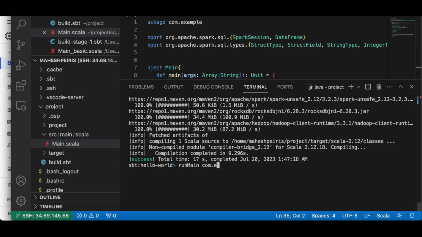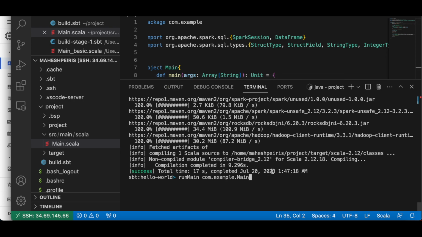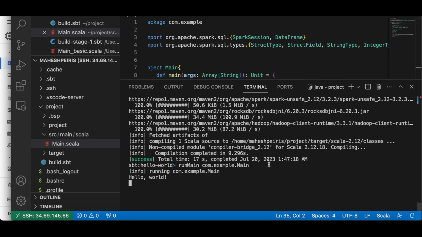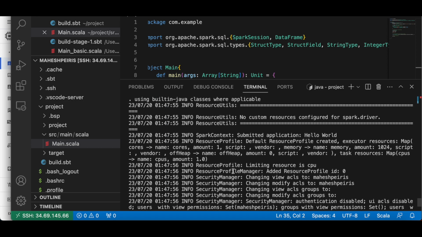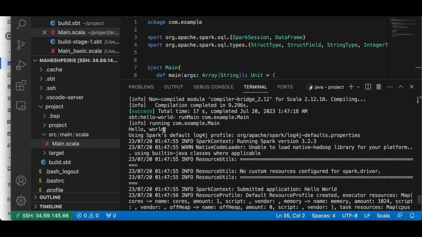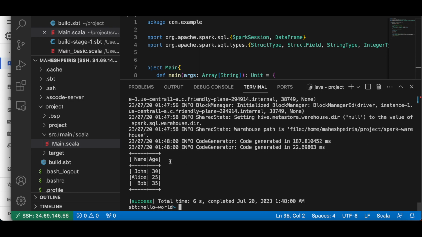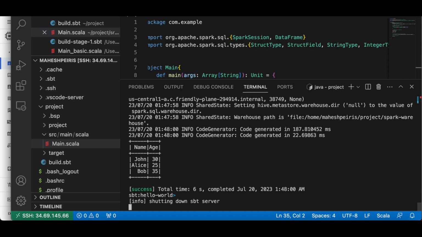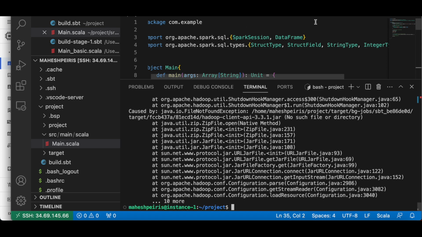You can give any name here. If you put something, let's say world or whatever, then it would be com.world. Main is our object. If you press run, it will start running. Can you see that everything ran perfectly? Hello world, and then you will see a data frame created here. So that's done. Now I'm gonna press Control C to stop it,